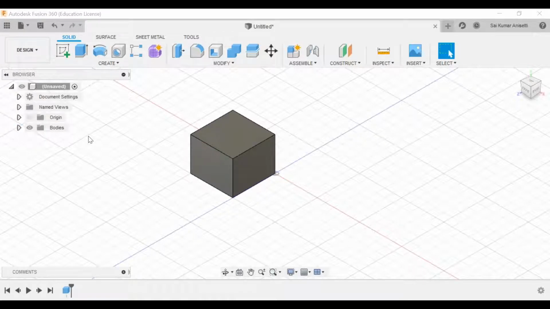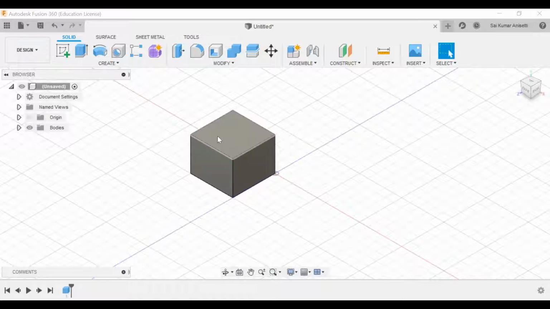So in order to assemble two parts, do remember that in your Fusion 360, component means it is a part. Okay, your terminology might be different from software to software. And over here these are called components, and bodies over here are only three-dimensional bodies. That's all. Now in order to create one particular part, for example, a rectangular cap, I need to make a center hole over here and I need to make threads.